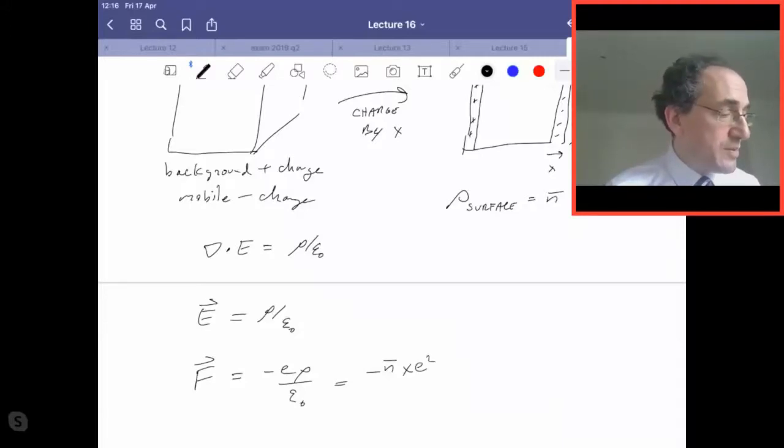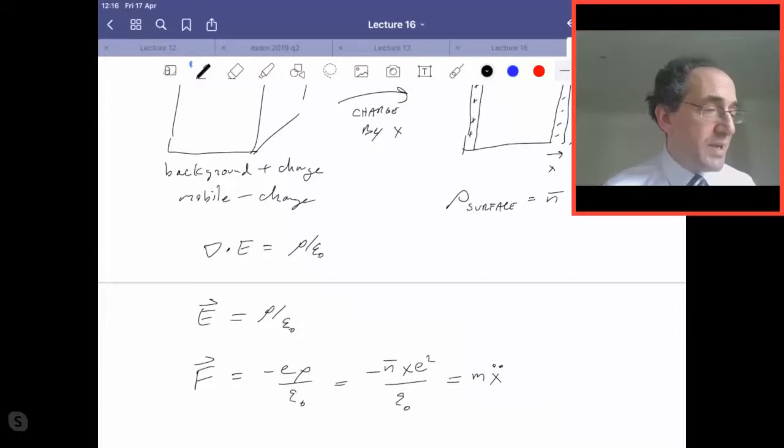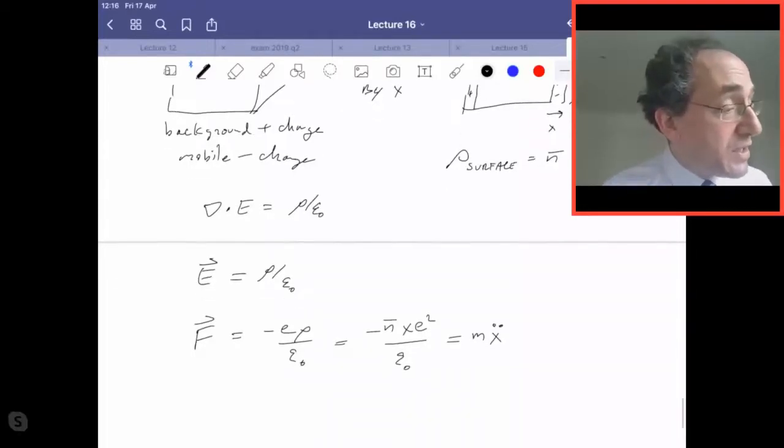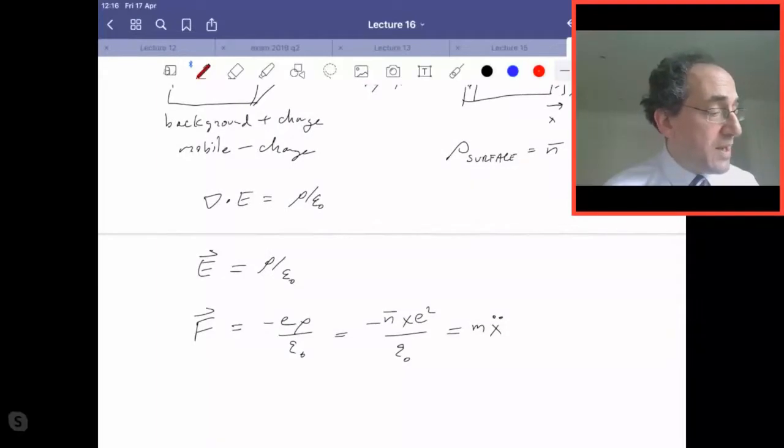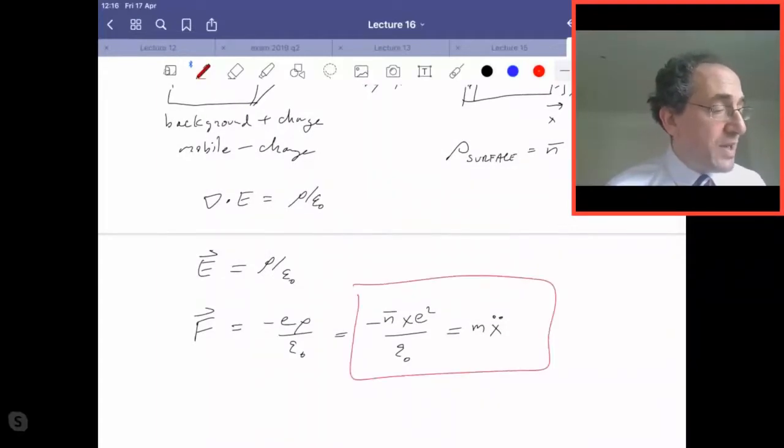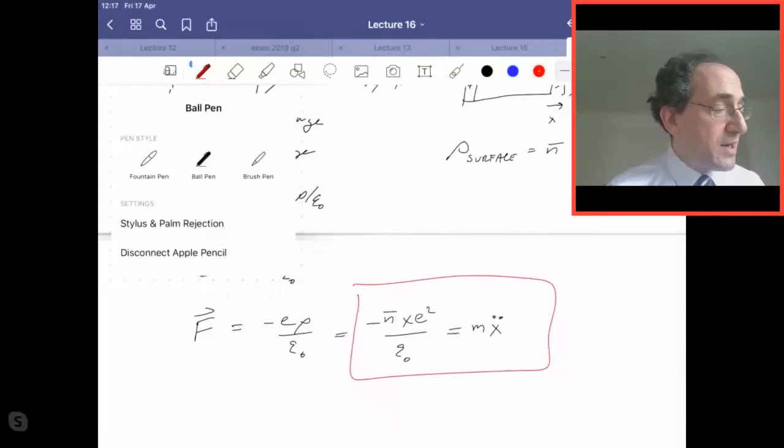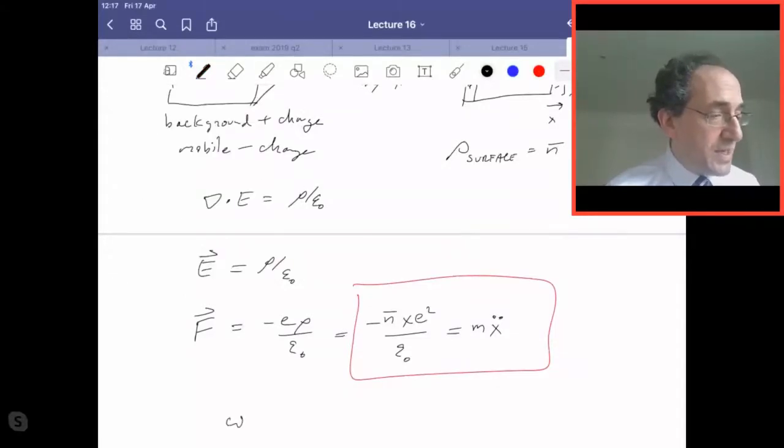So now this becomes e squared divided by epsilon naught, and we set the force to be m x double dot. I'm just using Newton's law, and